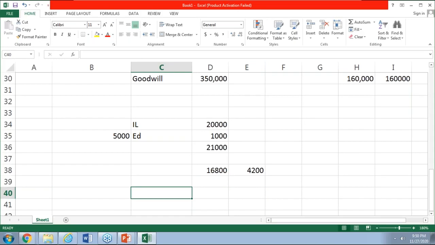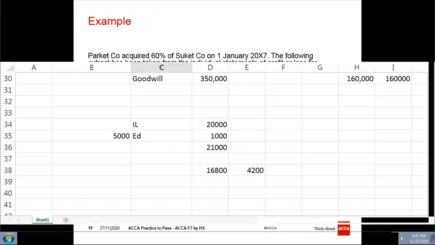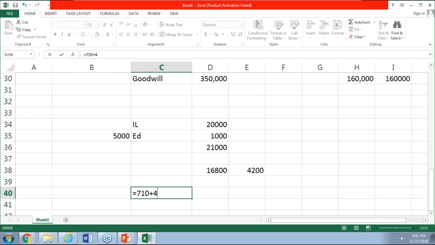Now see here, the cost of sales of the parent company is 710. Then the cost of sales of the subsidiary company is 480 multiplied by 3 divided by 12. Then we have to deduct the intercompany sales. And if the question says that from the date of the acquisition, the parent company sells goods consistently